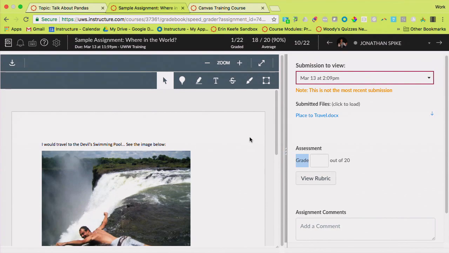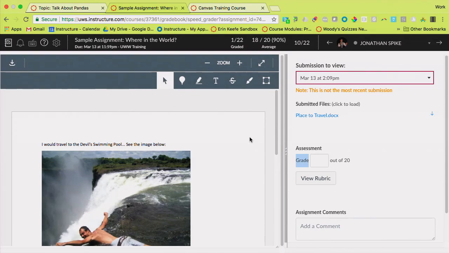I only gave you guys the option of turning in a file. There's other options that you can accept work as well. So we're going to take a look at them. One is like a website URL. If I had asked or allowed you to turn in a URL to me, it would render that website here in this window for me. If I had asked you to turn in a video to me or an audio file, that would be over here and I would just have to click play.